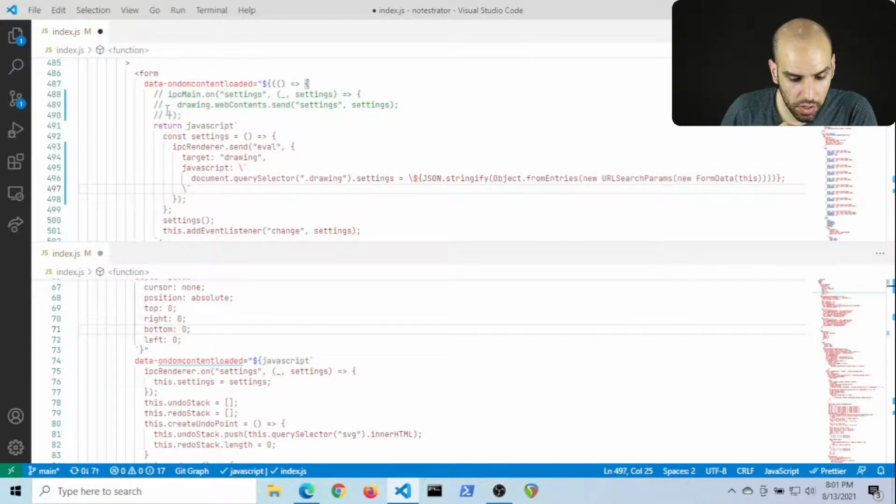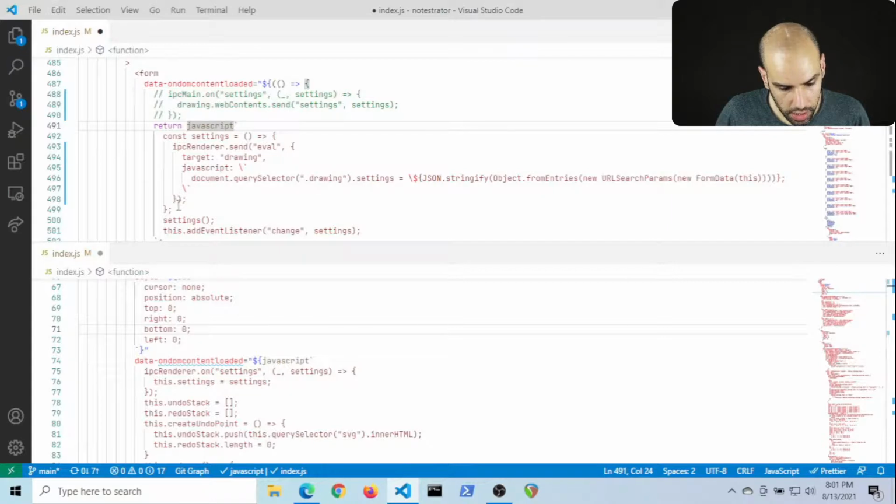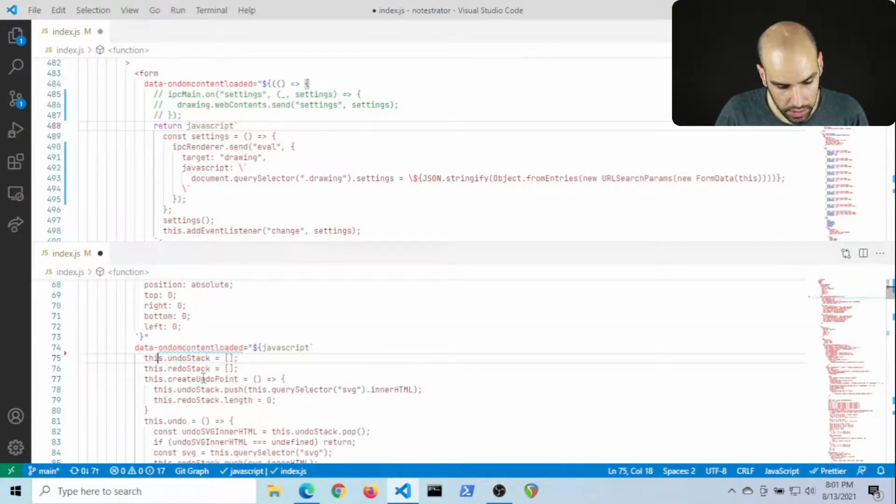So this is crazy stuff. I have here some Electron code that is generating HTML. I escape back to Electron and I generate this JavaScript, and I don't think I have to do it. I can do this. Oh, I'll probably have to delete this line, so I'm just going to go ahead and delete those lines.